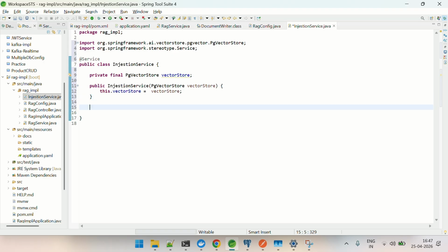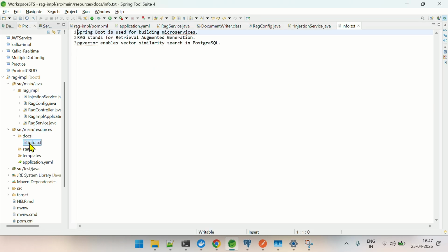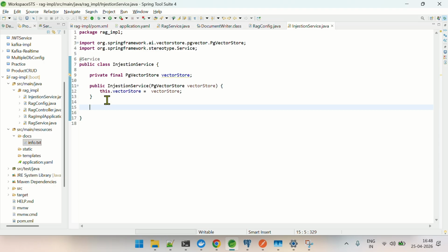Now we need to load the document into the vector-db. I've created this in source main resources docs info.txt. Just any content; I added some content, spring boot rag and pg vector. It's a small content, completely unstructured, raw data. So let's create a method like ingest. Something related to ingestion means inserting into the vector db. So public void